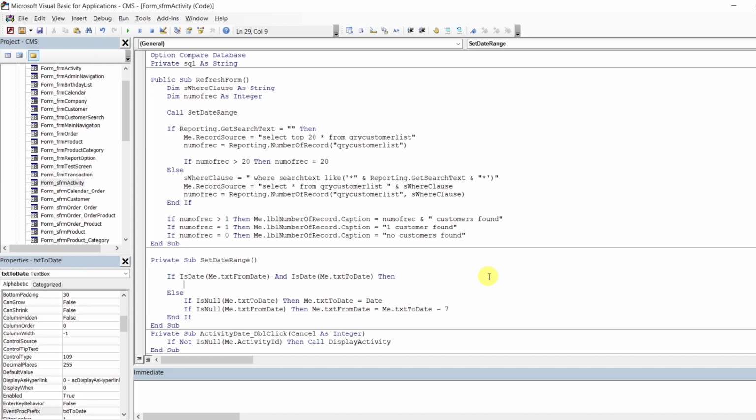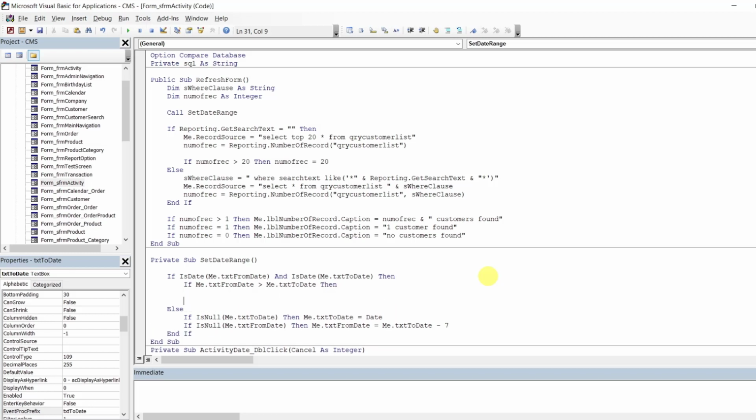So we want to say if both of the text boxes are dates, if me from date is later than to date, then